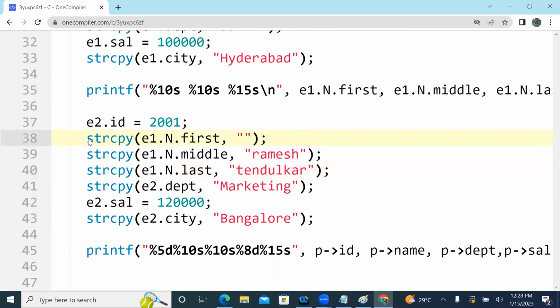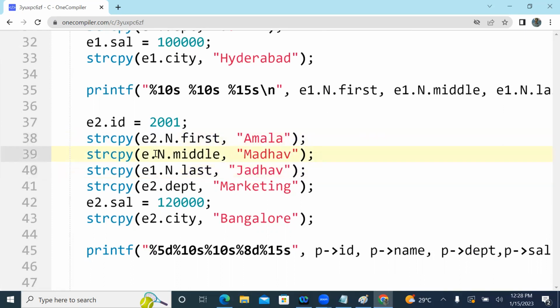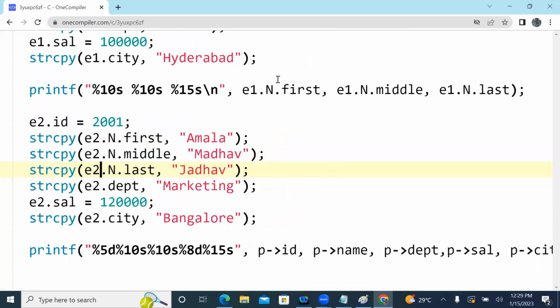Amala, father name is Madhav, surname is Jadhav. Okay. And he's part of structure E2. Right. Now let us print